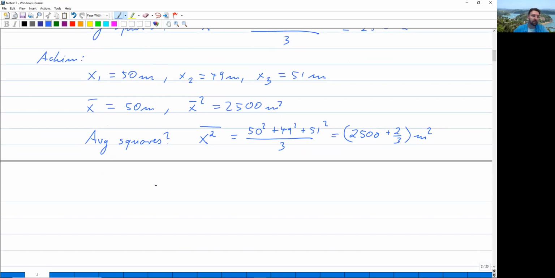So what we have is that because there was some spread in the distribution, the average of the squares is not the square of the average. So in this case, x squared average minus the average squared, which is also called the variance, of course, was 2/3 meters squared and therefore not 0. You remember, of course,